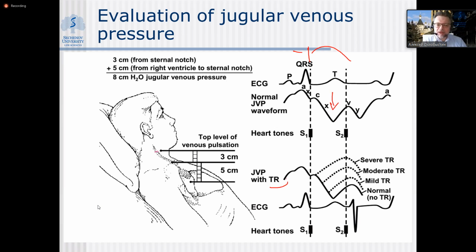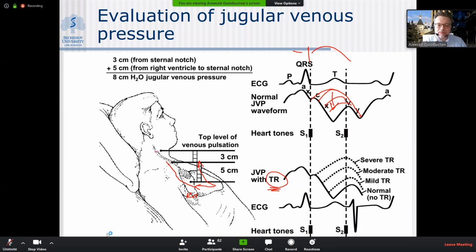If a patient develops tricuspid regurgitation, there will be an increase in the V wave, and sometimes it will also encompass the C wave. So that will represent the positive venous pulse in a patient with tricuspid regurgitation. In that case, when the patient's right ventricle is contracting, blood will be ejected on one hand into the pulmonic artery, on the other hand back into the right atrium, and the wave will be conducted to the jugular vein